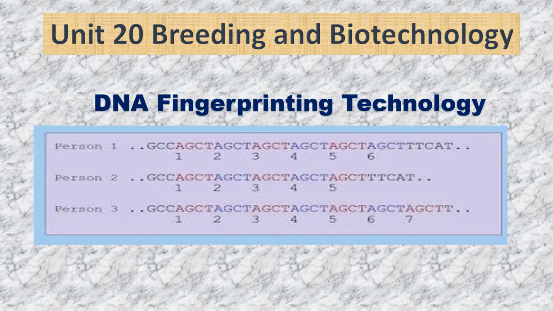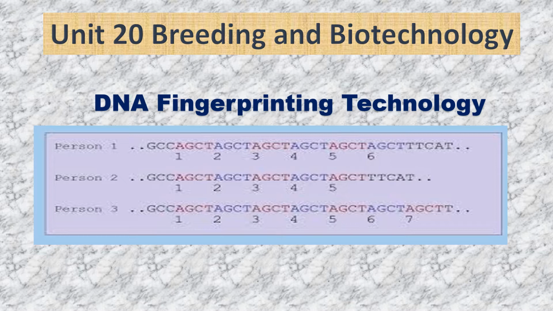DNA, the human genome. Genome means genetic material, which has 3 billion base pairs. Pair means, as you see in the diagram, 1, 2, 3 up to 6, that is a base pair. Did you know that the DNA pattern of two individuals cannot be the same, except for identical twins? Identical twins means the zygote divides into two and two individuals come, that is identical twins. Each person's DNA sequence is unique